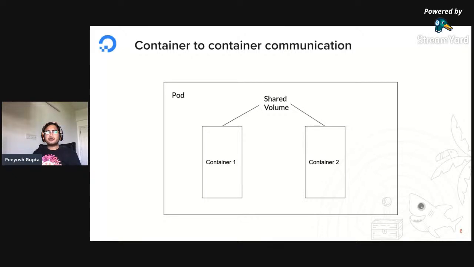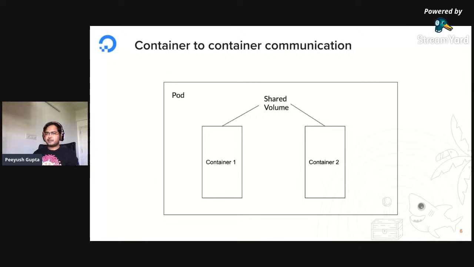And that is one of the very basic components. You have got your containers. Pods are ensured to be running on one node all the time, so there is not going to be any internode kind of communication. You can be sure that these two containers are going to be running only on one node. So one of the very basic ways to communicate between two containers is using a shared volume. Kubernetes has a concept of volumes where you can mount them at a specific path inside your container, and from there you can basically write something to that volume, and then the other container can read from there.